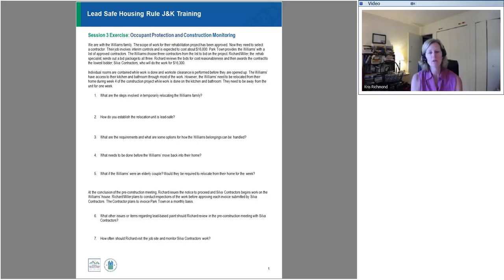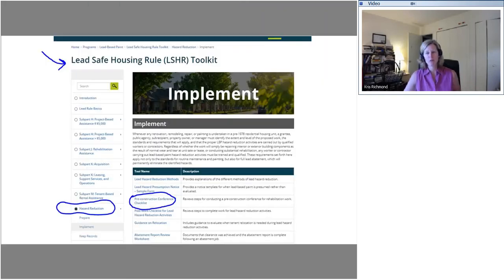So we're going to have a pre-construction meeting. So what issues should we be talking about with Silva contractors in our pre-construction meeting? Well, I want to show you, if you've had an opportunity, then this will look familiar. If not, let me see, it's my toolkit. Okay, so we are very proud of this toolkit that has